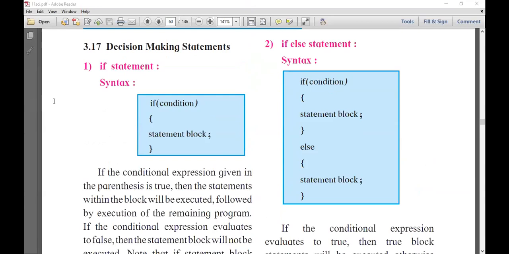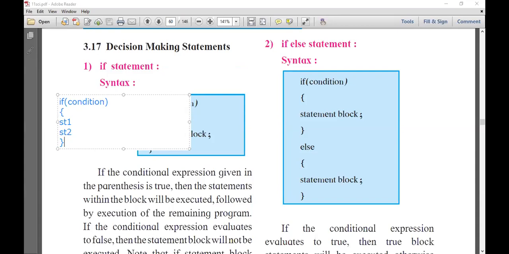Now see here. If, in bracket, some condition we have to give. Then opening curly bracket, statement 1, statement 2, closing of curly bracket.